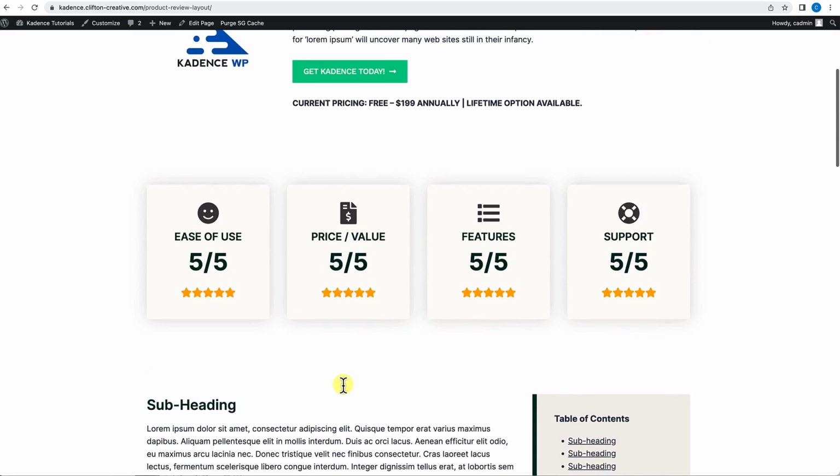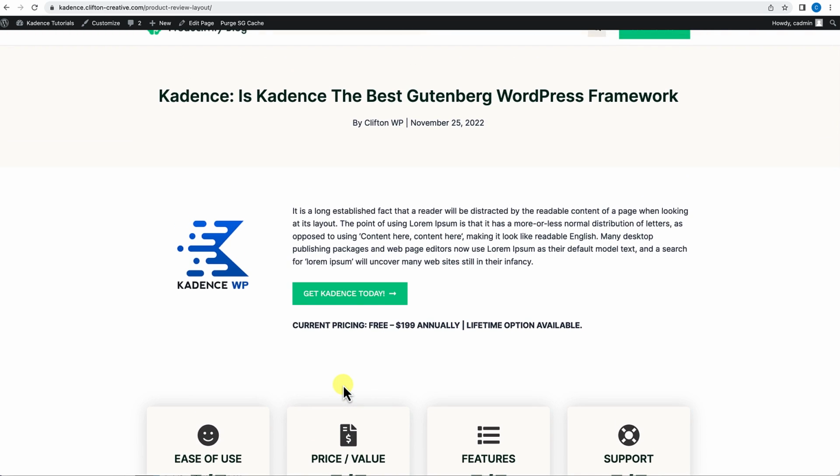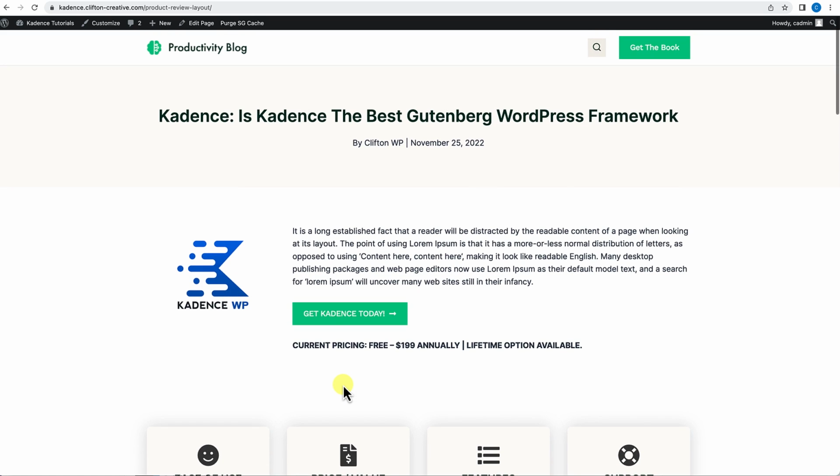The next thing that we need to do now is take this layout and create a custom post type for reviews that's going to adopt this layout using the Kadence elements. And you're going to see how easy and how quickly we're going to be able to do that. Okay, so now that we've created our review layout, all we now need is a reviews custom post type to apply it to. Okay, now if you don't know what a custom post type is, I do have a video where I cover custom post types,